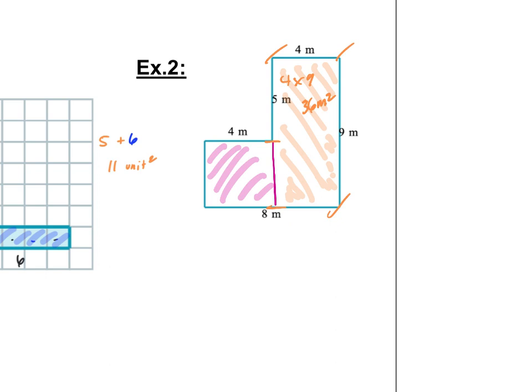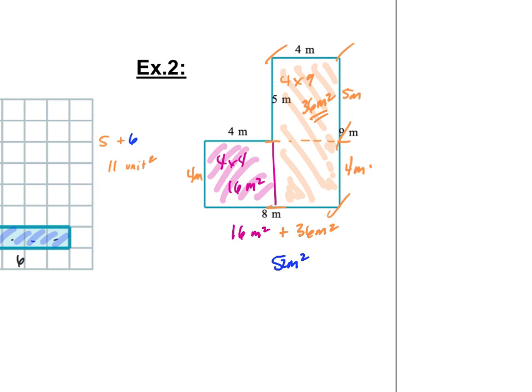Then I have to look at this one and I have to figure out what this length right here is. Well, if I continue this over, I know that this is 5 meters from here to here, and it's 9 meters altogether, so this must be 4 meters, because 5 plus 4 is 9. So that means this side is 4 meters, which means that this would become 4 by 4, which is 16 meters squared. So I'm going to add the 16 meters squared plus the 36 meters squared, which would give me 52 meters squared